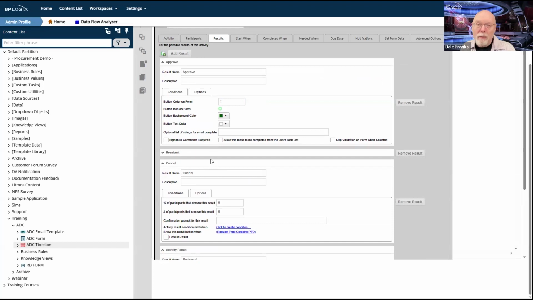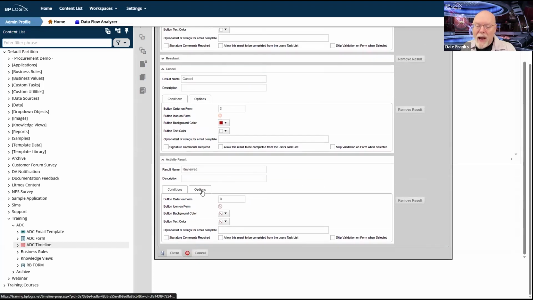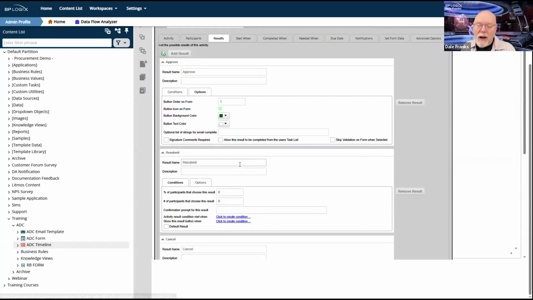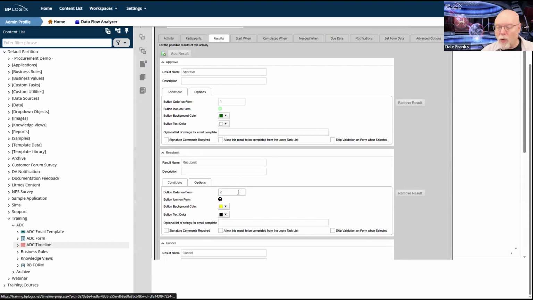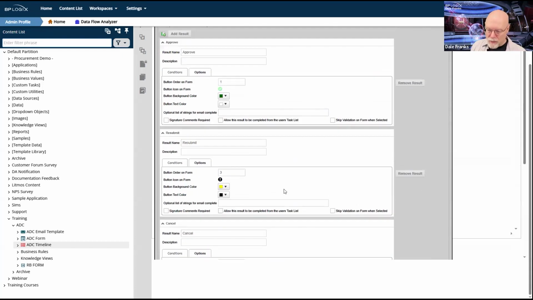Indeed, they were numbered in the template itself when I created this. So I am going to have to do some renumbering to ensure that everything falls into the correct order. Resubmit can no longer be 2, it's going to be 3. Cancel is going to move from 3 to 4. And reviewed is going to move from 1 to 2.